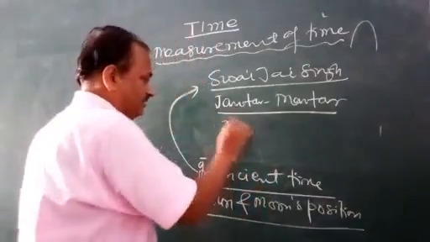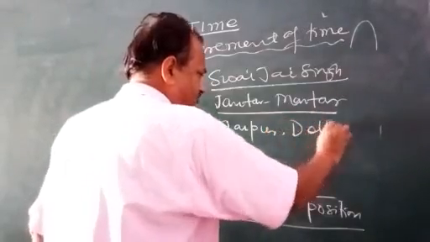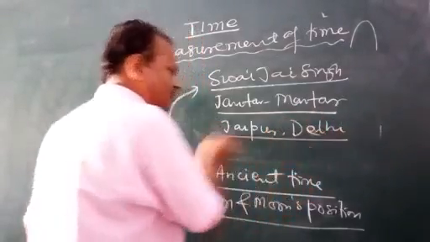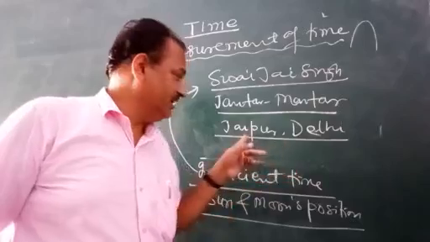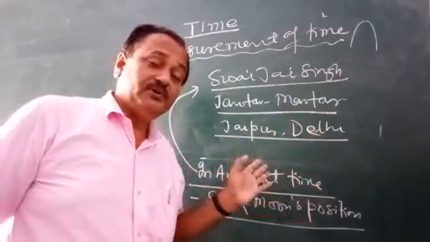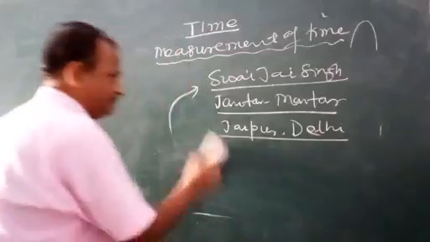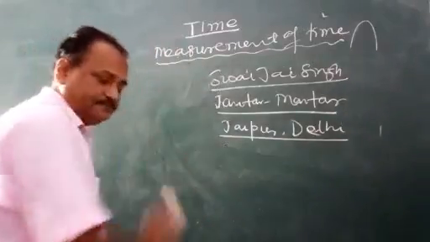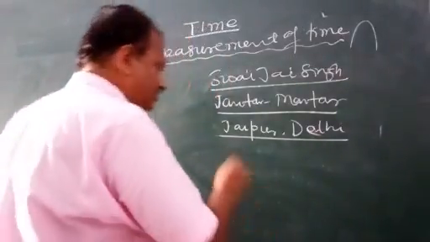It is in Jaipur and Delhi. So they are the main ones. He built at so many places, but the two are very important because Jaipur was his kingdom and Delhi was the kingdom of India. So he built them. And in Jantar Mantar, those who have seen it, or from the books or from different sources, you must be knowing